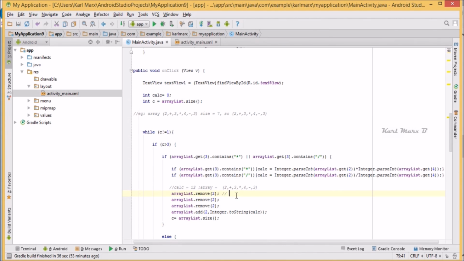So removing the second index, the value is 3. Once 3 is removed, my second index value is the multiplication symbol. Once I remove index 2 again, that multiplication symbol will go,